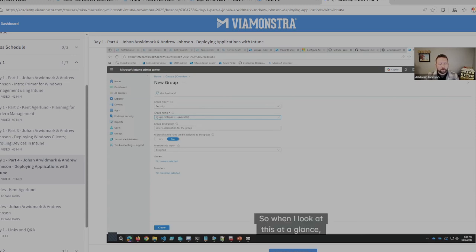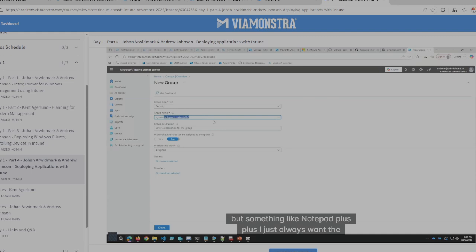So when I look at this at a glance, I can see that this is a security group. It is going to be populated only by users. We don't want to mix and match device objects and user objects in these groups. And then typically I'm going to have a group purpose in here. So in this case, I'm going to put Notepad++ and we're assigning it as available. Some folks will put versioning in this group. I typically do not, depending on the application, but something like Notepad++, I just always want the latest version of